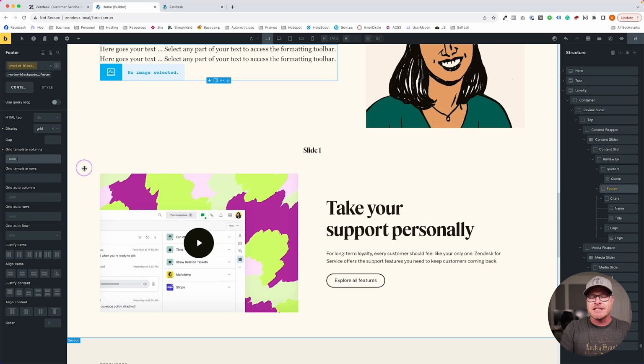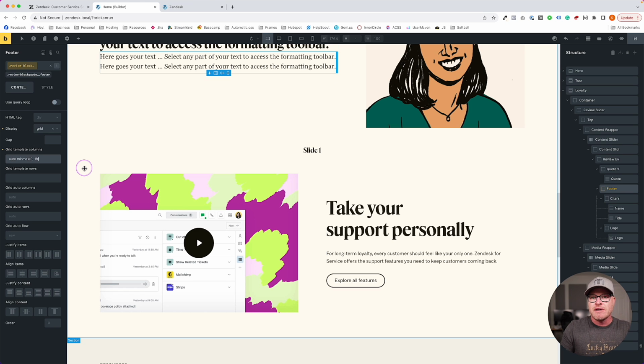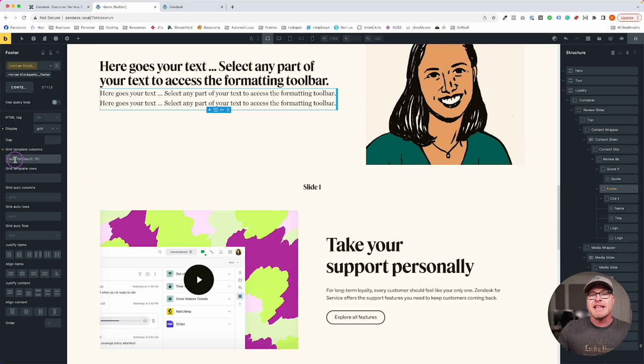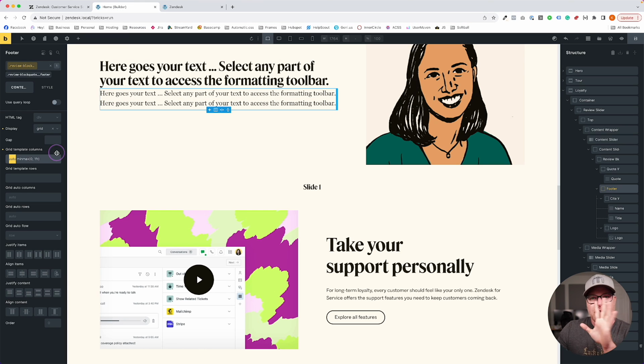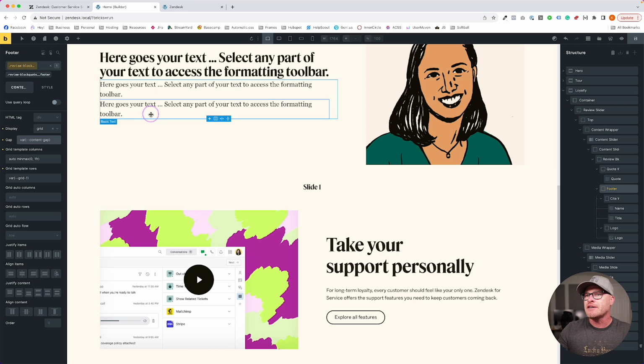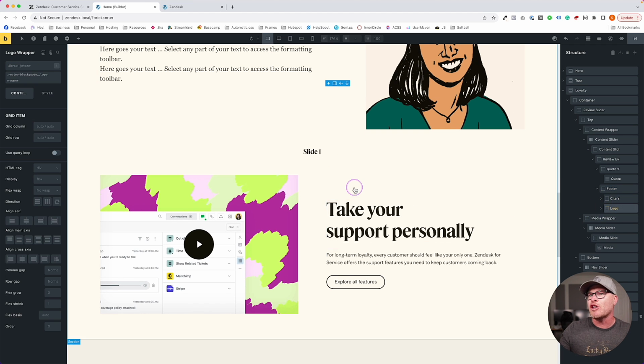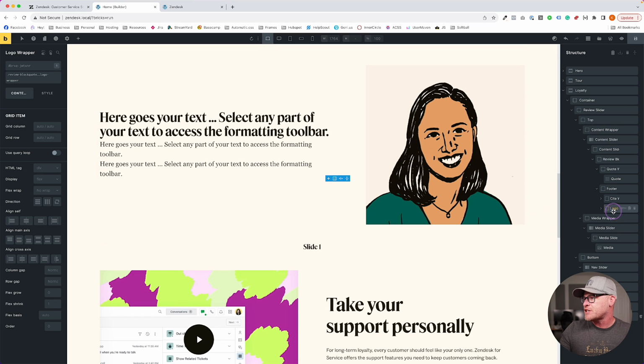Grid template columns is going to be auto, minmax 0 1fr. Or yeah, I think so. Okay, so that's going to make the first column an auto width, which is just going to be the width of this content right here. And then this side is the minmax 0 1fr. We'll see. Some of this is theory right now. All right, grid, we're going to put a gap of content gap on here. Awesome. And that should put our site and our logo side by side,